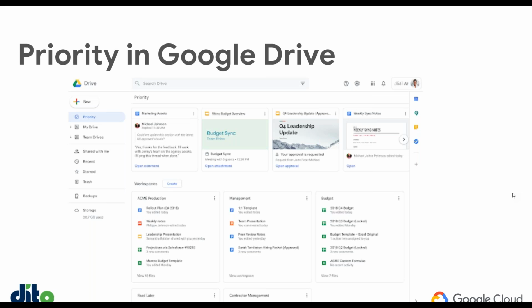But that second section that priority brings is the workspaces. So in workspaces, you see intelligent suggestions of related content to group together for easier access. So it'll automatically take multiple files related to the same projects or same clients or same common thread, and it'll group them for you. And then you can also create your own workspaces, collect files that you have access to that are stored in My Drive and